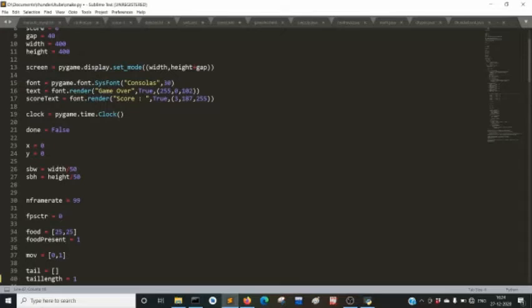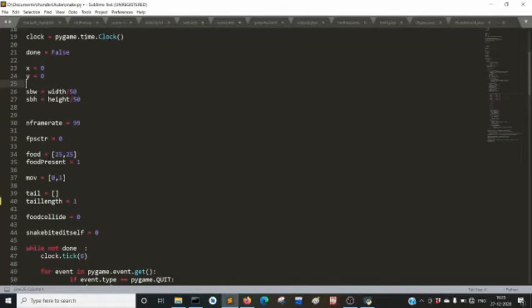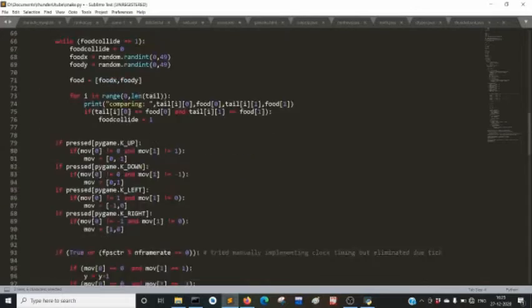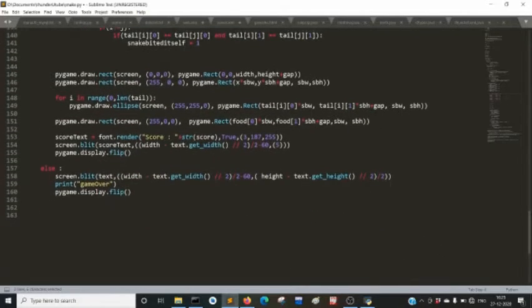Now, if we want to print a single block, we have kept the position of x equal to 0 and y equal to 0. Then we want to print that position in the while loop. With this command, pygame.draw.rect, we can draw a rectangle on the screen. So what we have done is we have printed